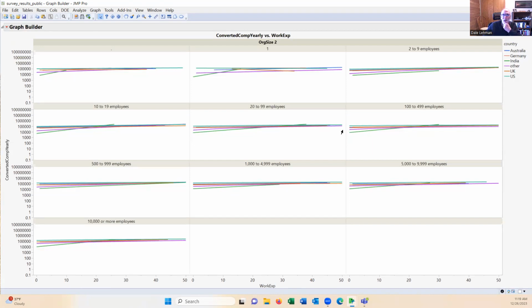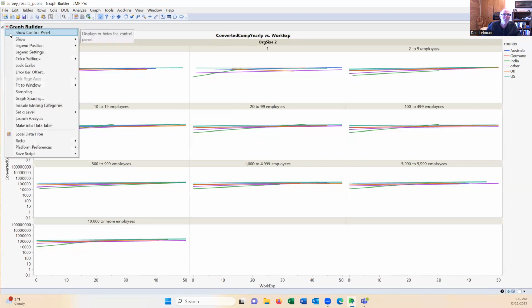So this would tell me organizational size is not an important variable. It doesn't give me any important difference in the relationship between work experience and salary. So maybe that's a less important variable to worry about when I'm just looking at the focus between those two variables. So Graph Builder allows you to get a fair number of dimensions into the picture at the same time. If I undo that last step,